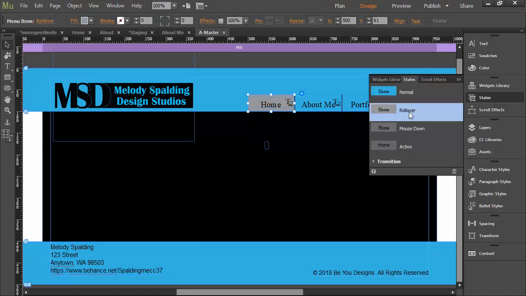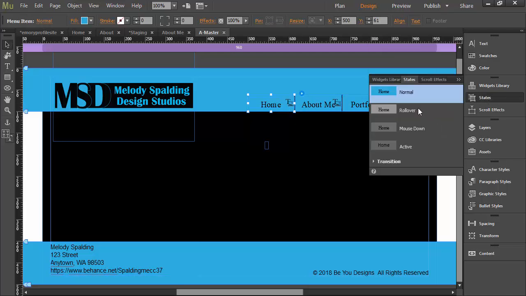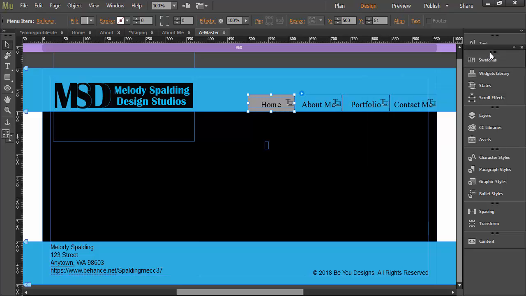You don't really want gray. You could do one of two things. What I like to do is take the color that your main color you're doing and make it a little bit darker. So I don't see that added to your swatch panel. So let me, okay, so it's this blue right up here. Okay, so what I'm going to do is when I go to states and I choose rollover, I will go in, oops,